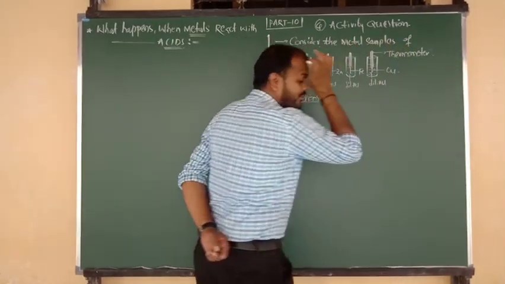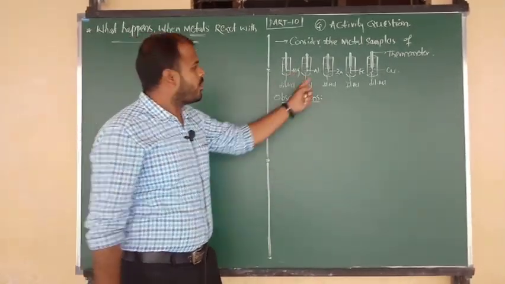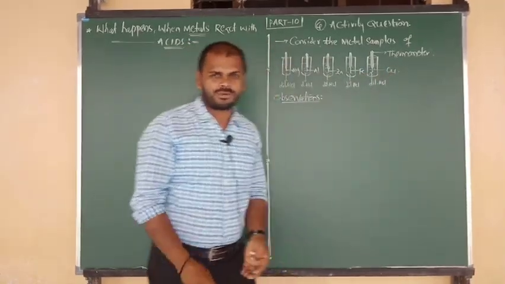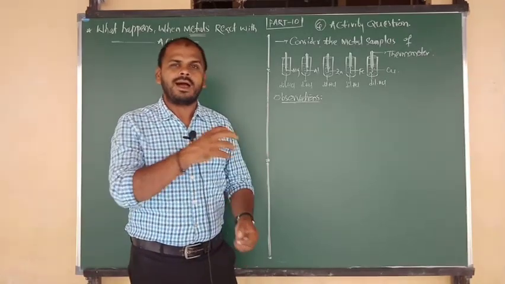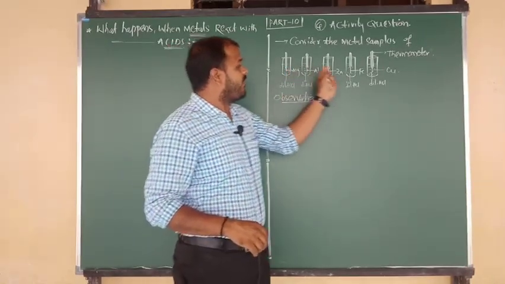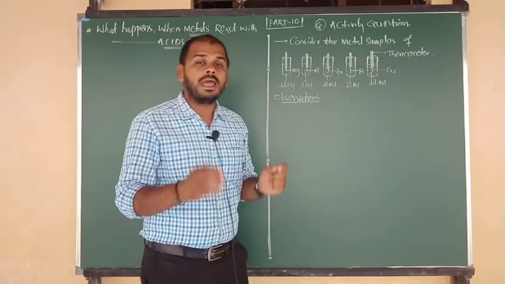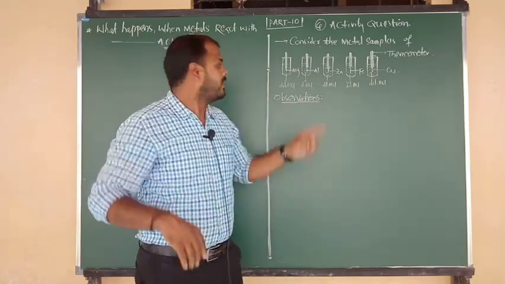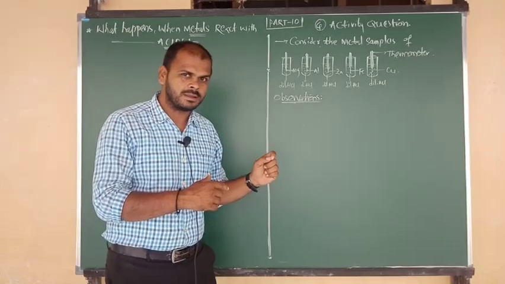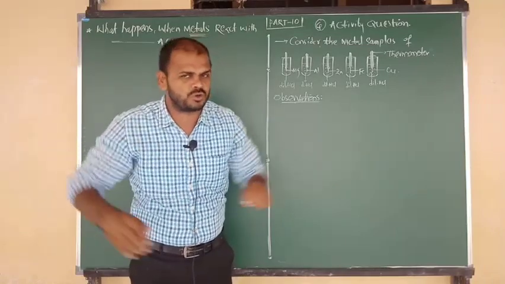Consider the metal samples: one is magnesium, one more is aluminium, one more is zinc, one more is iron, and one more is copper. Here in this activity I have taken 5 metal samples. Look at the diagram carefully, they are taken into respective test tubes. In the respective test tubes, they are separately reacted with dilute hydrochloric acid. All 5 metal samples undergo reaction with dilute hydrochloric acid solutions in 5 different test tubes.